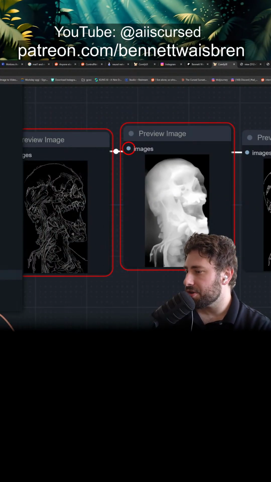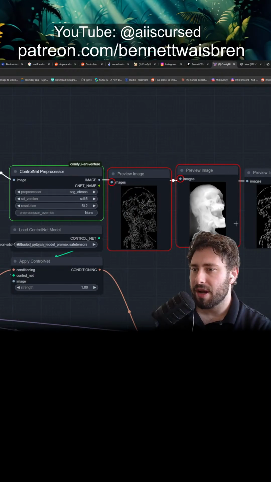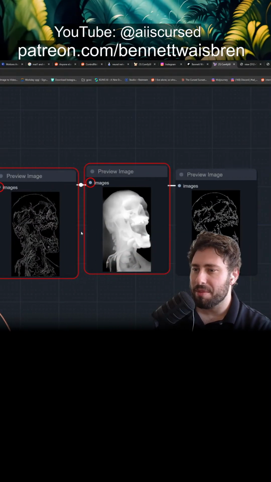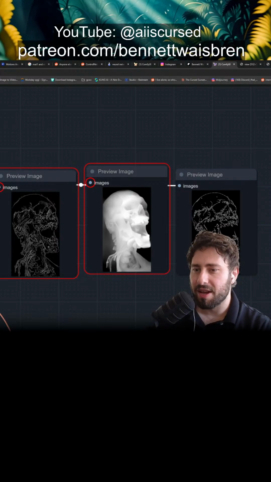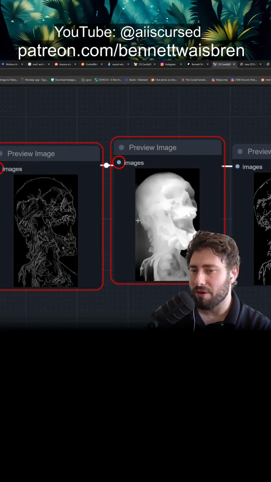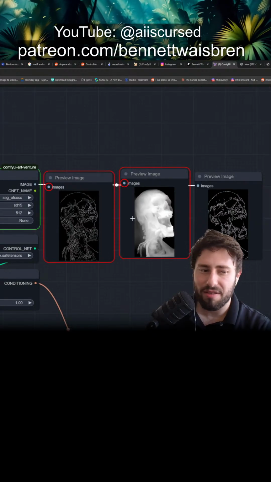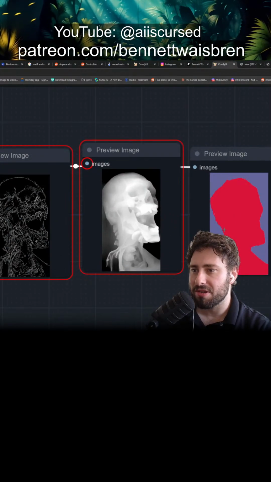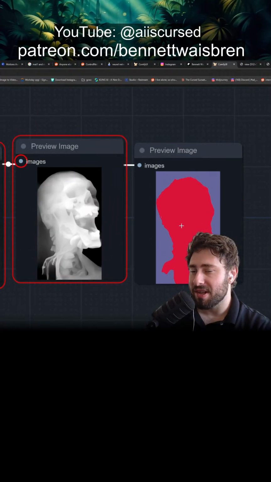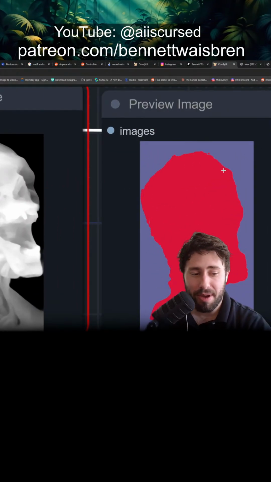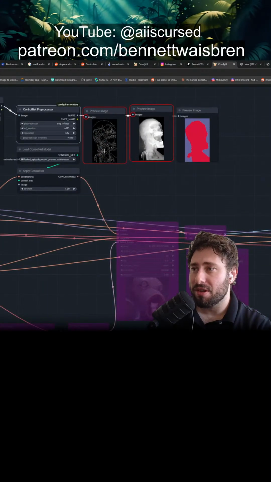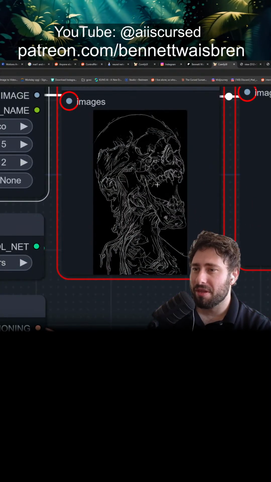All right, let's do segment. I just want three distinct examples. I think segment will be a good one. Segment, as it says, basically segments out various parts of your image, like the background, the floor, the foreground, the subject. It's good at identifying different actual patches. Okay, see, here we go. So it's intelligently detected the background and the foreground. So obviously you can see there's a lot of potential here. I'm just going to stick with